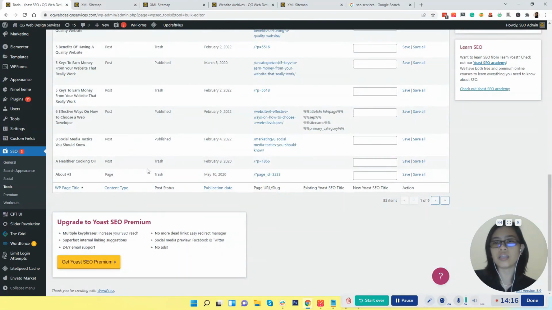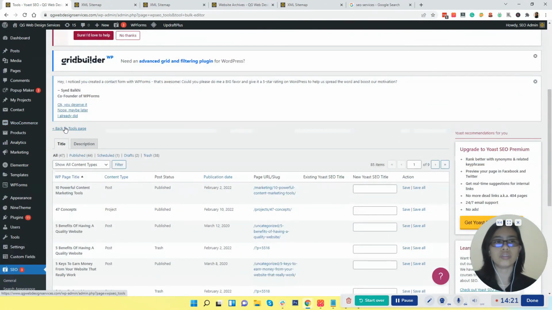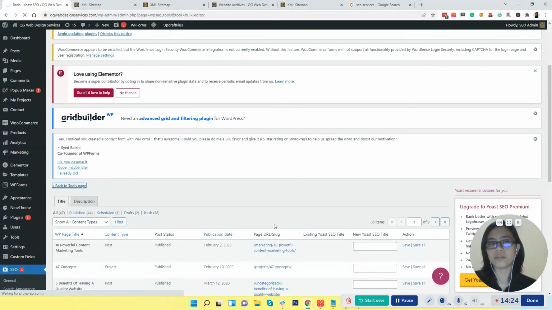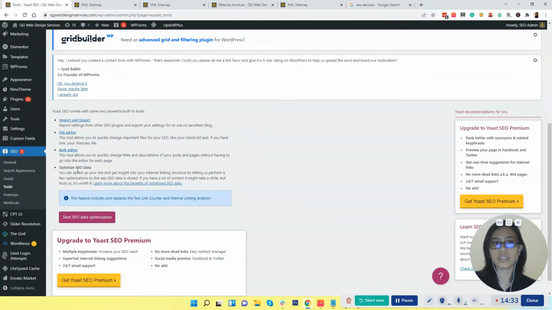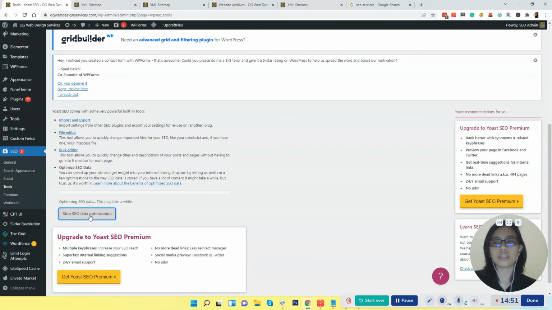But if there's a lot that you want to go through, then you can use bulk editor. And lastly, we have optimize SEO data. This speeds up gathering all the data from linking structure and the SEO score you have on your site, so we can start optimizing.